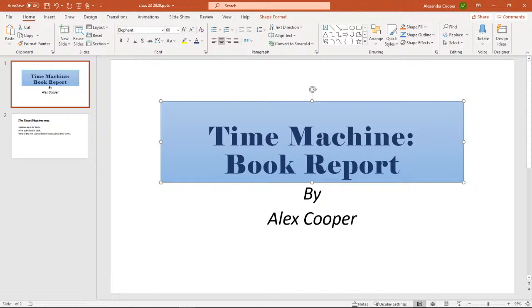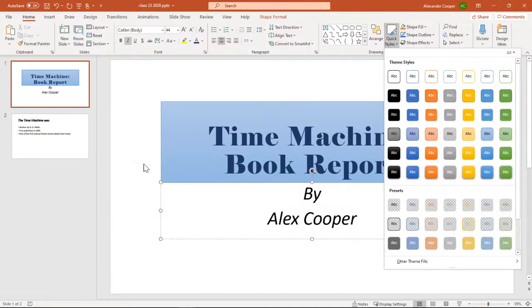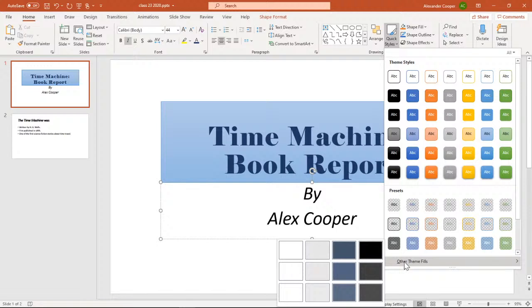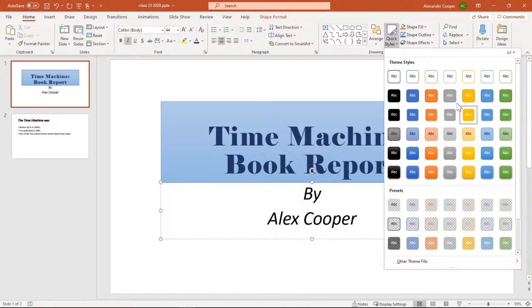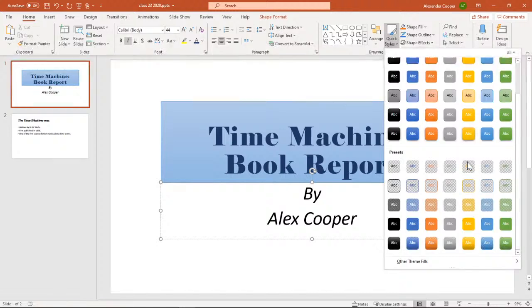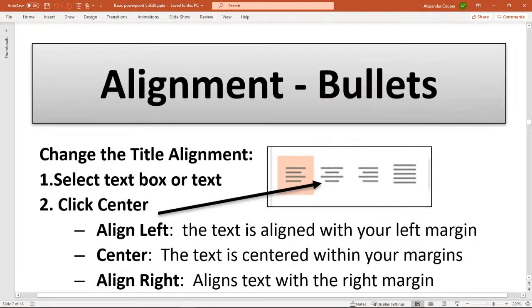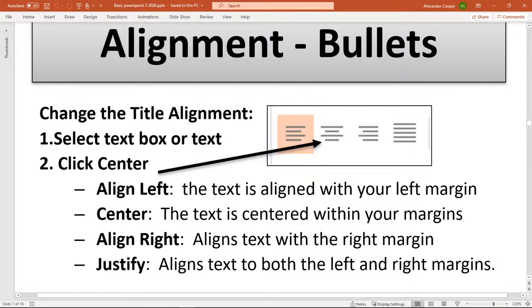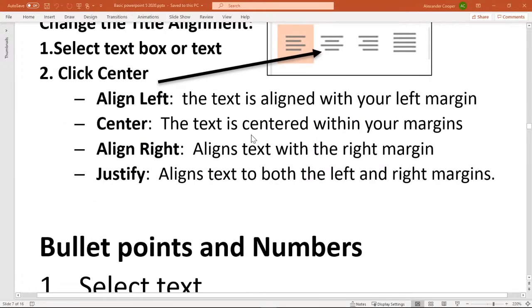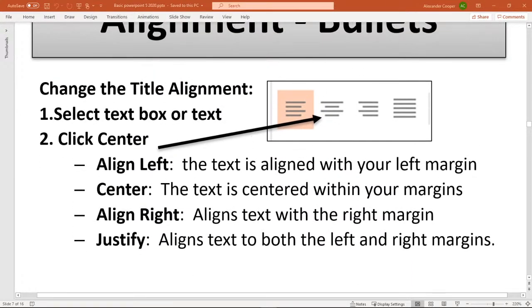How you do the text box styles: you left click the box, go up here, and then it'll change it. Now if you want more information than that, if you go down here to other fillers, you can actually choose those, and it gives you a whole lot more options as well. It has a whole bunch that you can scroll down to. Okay, so let's go ahead and talk about our alignment, and then talk about our bullet points.